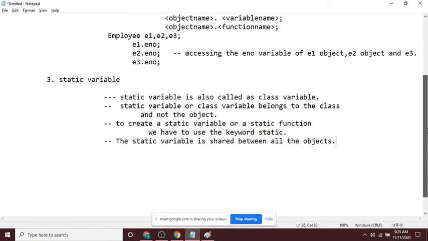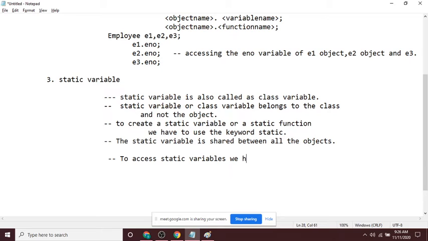And then how do you access class variables? First, how do you access instance variables in your program? By using the dot operator. How do you use the dot operator? You mention the object name, dot, variable name. Am I correct? Yes, sir. You mention the object name first, and then the variable name. That means that variable belongs to that object.